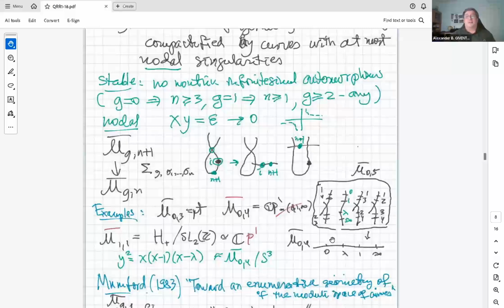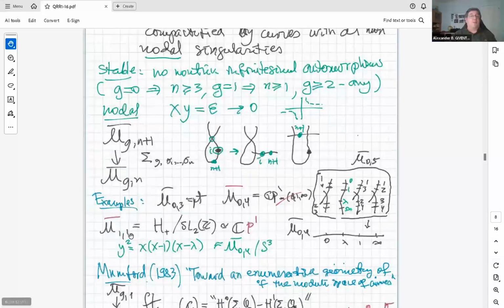But this whole thing is a blow-up of CP2 at 4 distinct points. But anyway, that's what it looks like. In genus 1, another example, M11 without bar, it is just complex structures on the torus, that is, the upper half